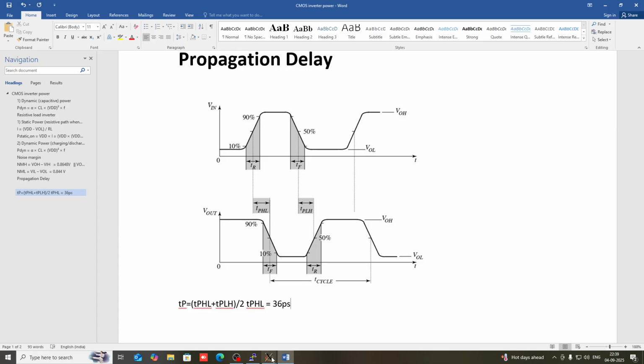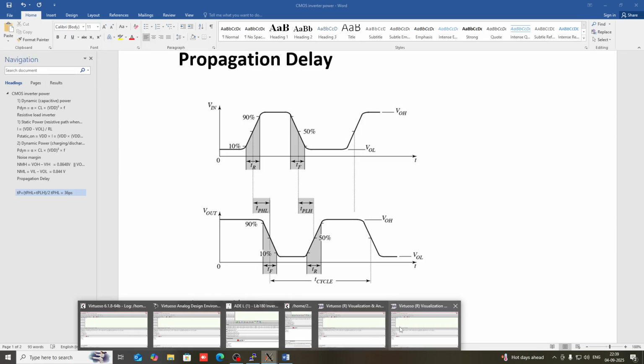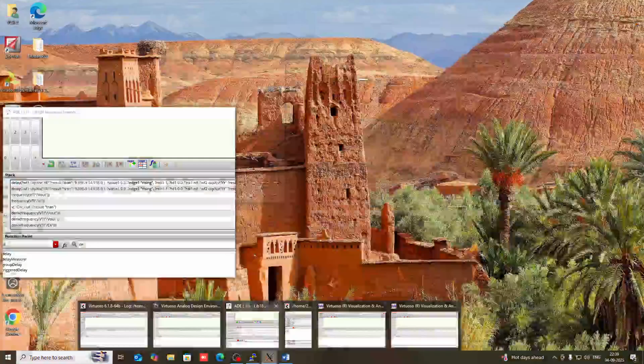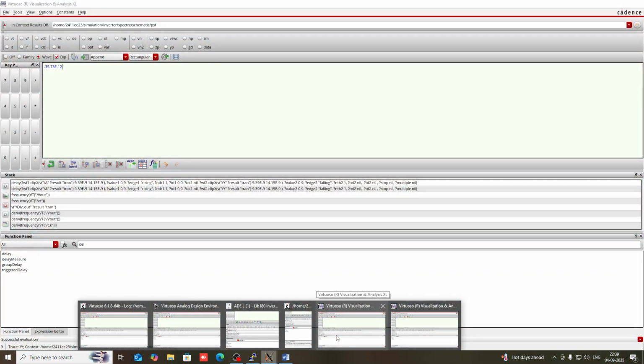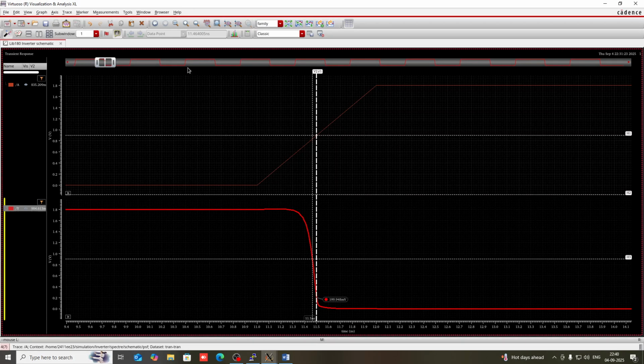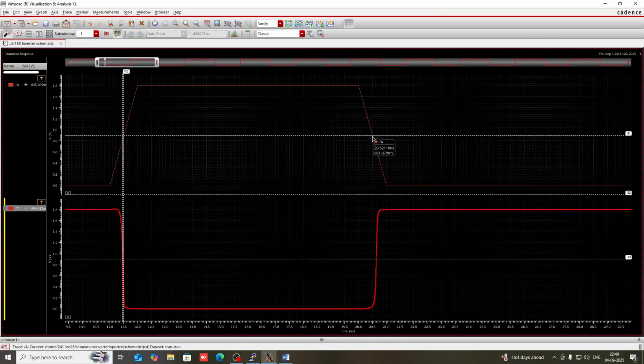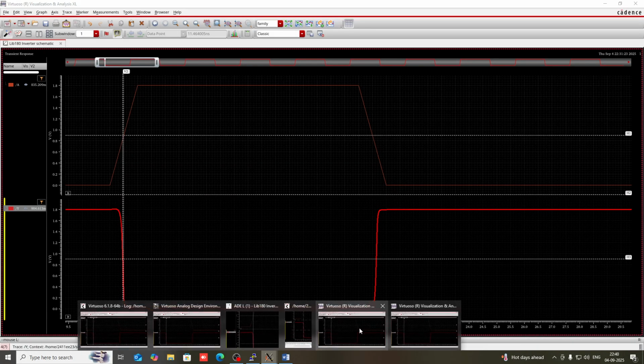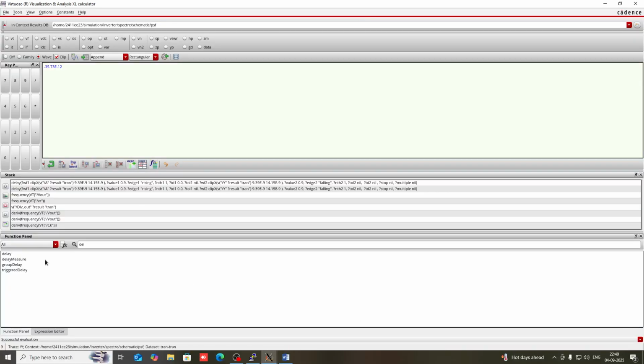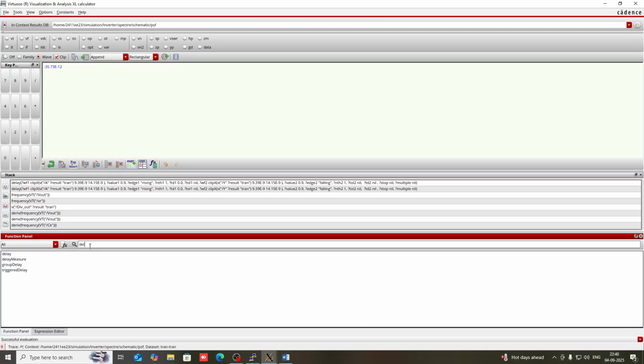Now again I'm going to calculate TPLH. So for that what I have to do, I have to only change the direction of that signal, because for TPLH I have to calculate this minus this, so this minus this. So in this case the input signal will be falling and output signal should be rising. So just go there. Okay, then click on delay,